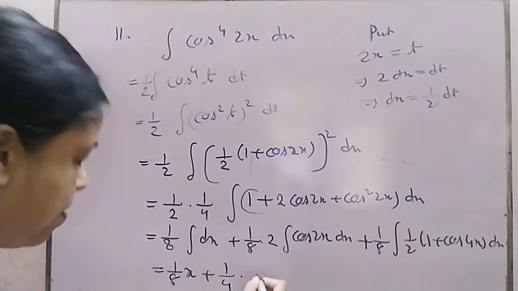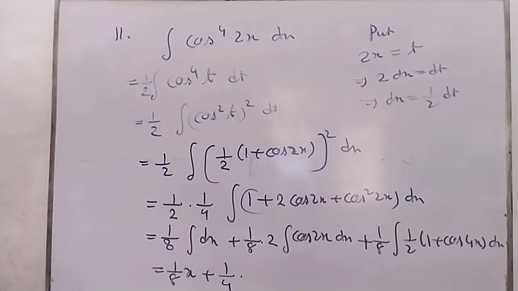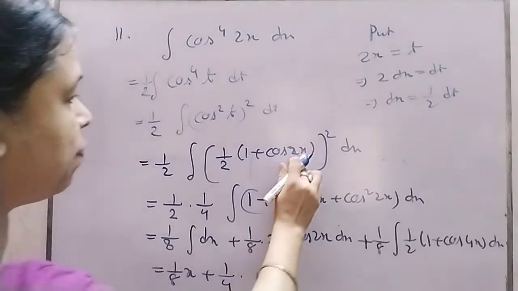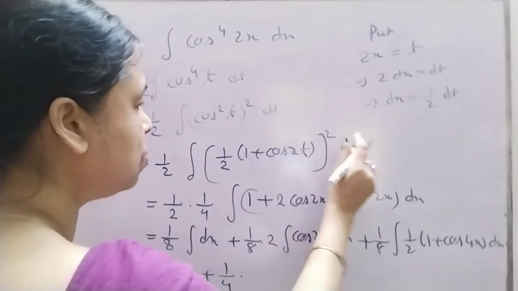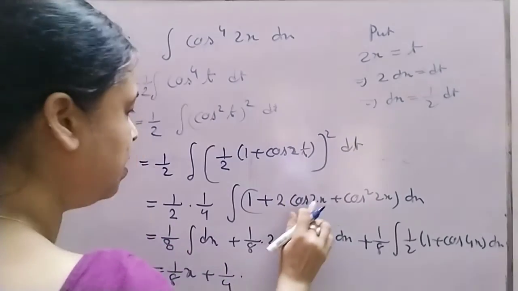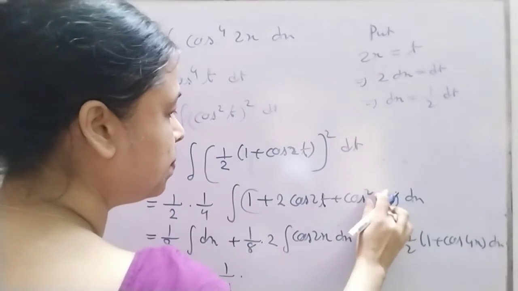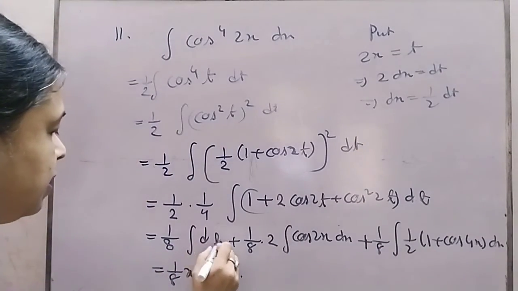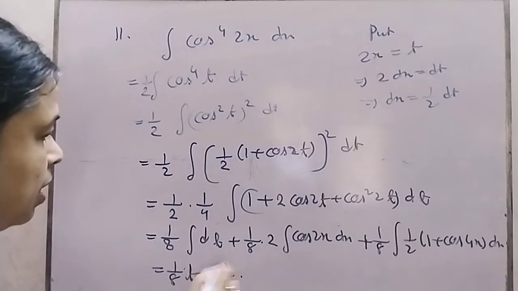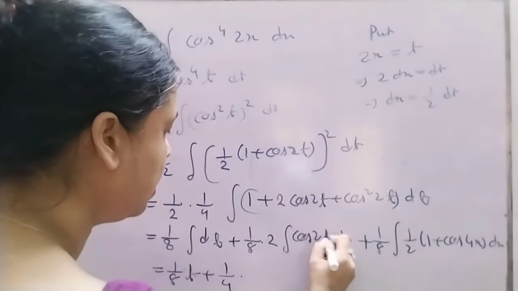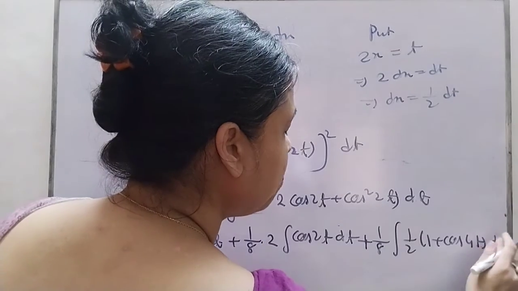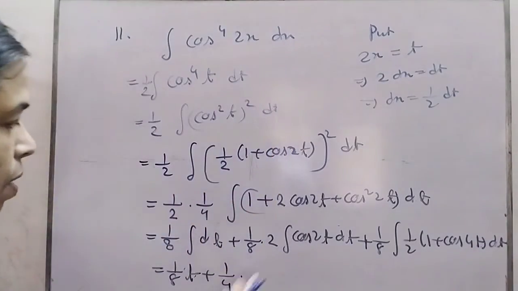And then again integration of twice x. What to do for integration of twice x? Integration of twice x will give you, oh sorry, it is t, sorry I forgot. Here it is t. This is t, okay? Ultimately I have to change it. Here also it is t. So this is dt. Sorry, I have to make some correction here. It's okay. 1 by 4.